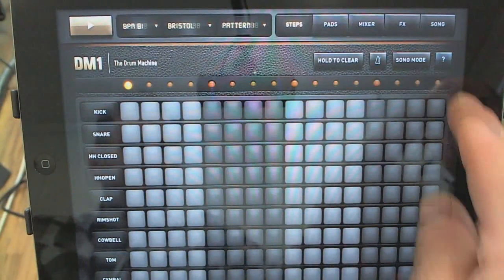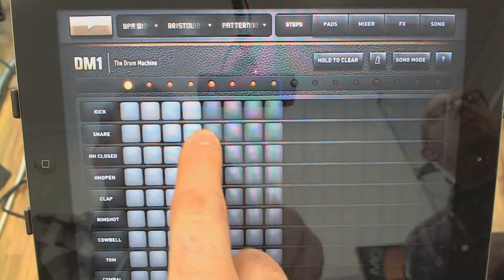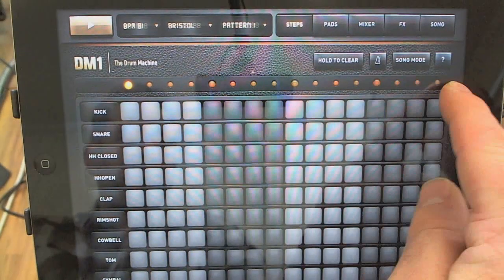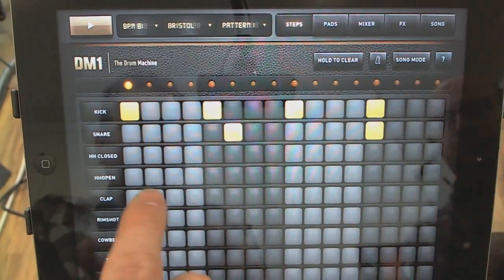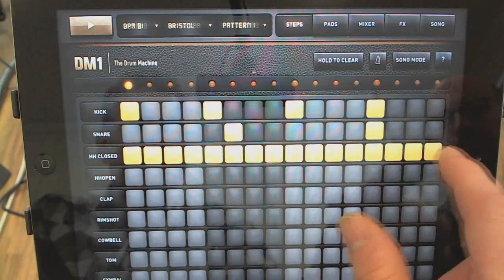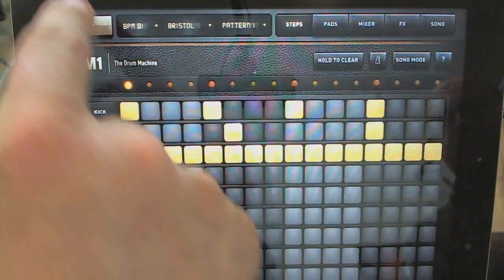And if we go into our step mode here, we can control how many steps. Oh, it's very touch friendly. It's right, really, and like, I mean, look, we can put the sounds in really quick, it's sort of... you can almost paint them, yeah. Yeah, exactly, yeah, so...